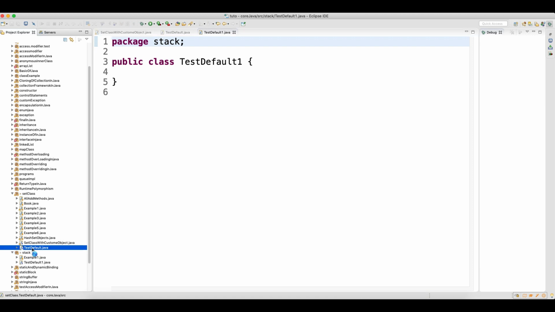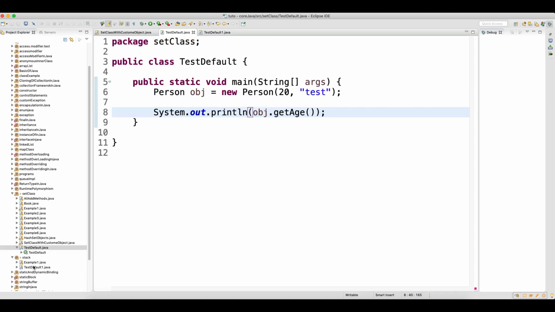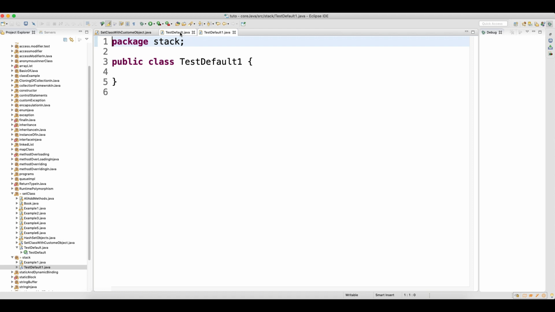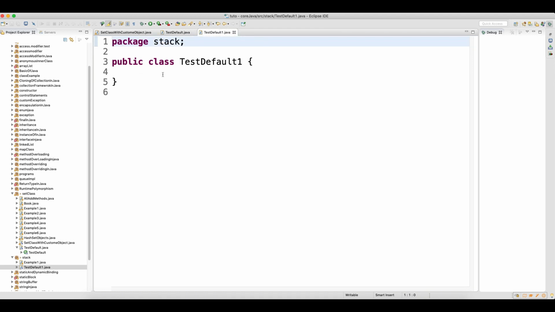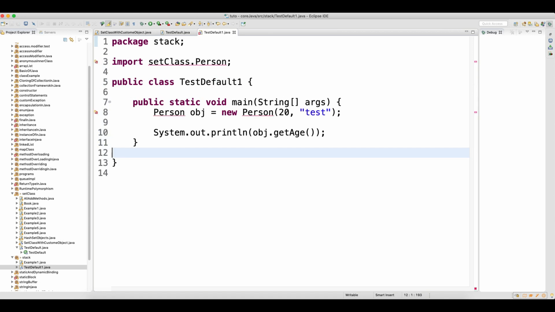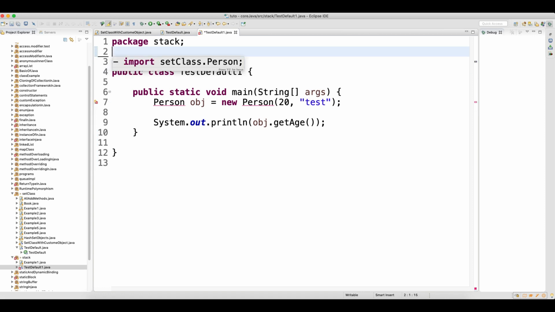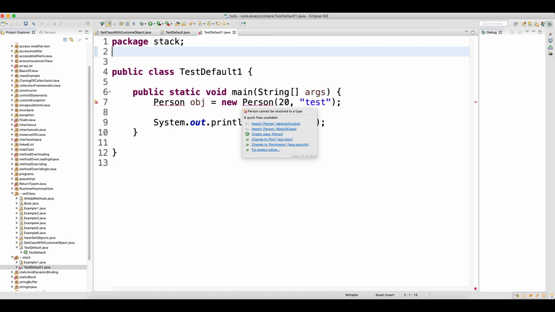You can see that earlier it was here, and I came to a different package altogether, and what I will do is copy these things. When I copy these things, you can see that it is asking me to import.